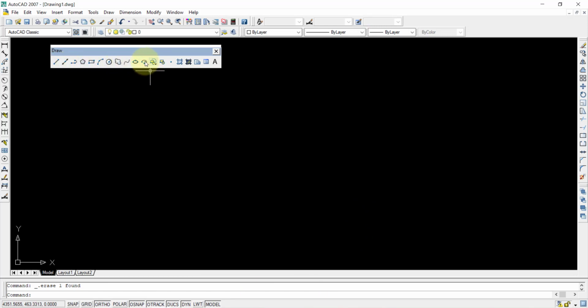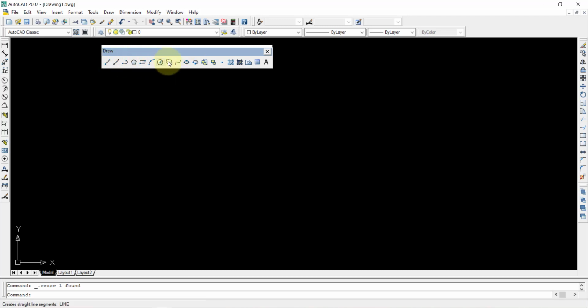So these are the main commands for drawing something in AutoCAD. Once these are drawn, we'll give the dimensions, the properties, and the modifications for it. These can all be covered in the next class. So this is about your draw toolbar, and we have some more options like hatching, gradient, region, table and multiline text. These will all be covered in the next classes. For now, go to the AutoCAD 2007 version and open the draw toolbar, where you have all these commands. Practice one by one, and automatically you'll get good information regarding them.